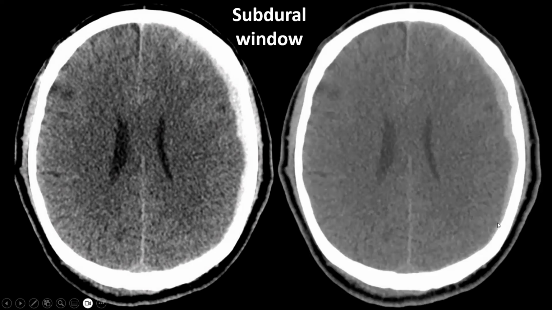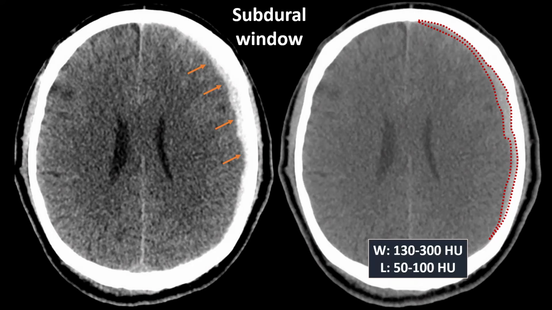Now, what did we do here? We see here a small left hemispheric subdural hematoma. You can also see it here, but notice that there is very little contrast between the skull and the subdural hematoma. The lack of contrast between these structures can make a subdural hematoma, if it's very small, sometimes very difficult to detect. By using a subdural window, we actually create a lot of contrast between the hematoma and the overlying